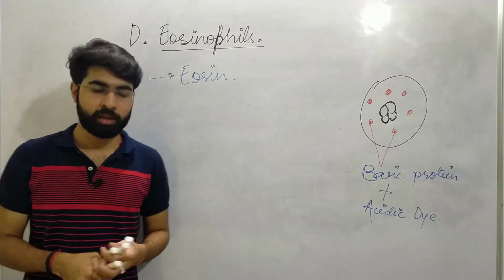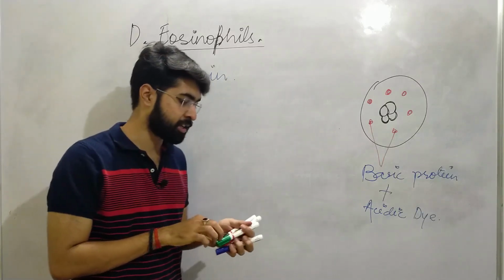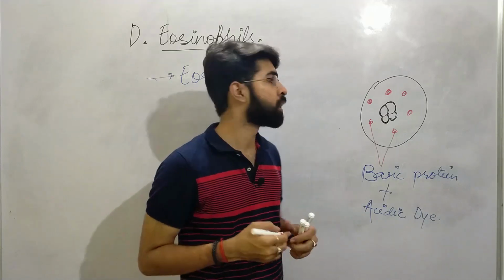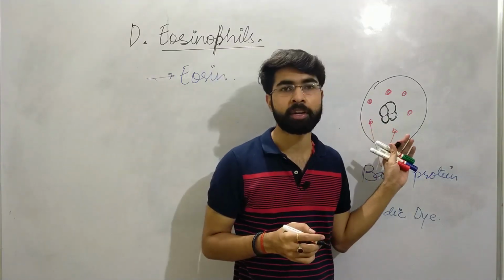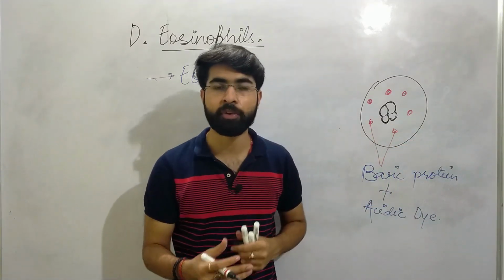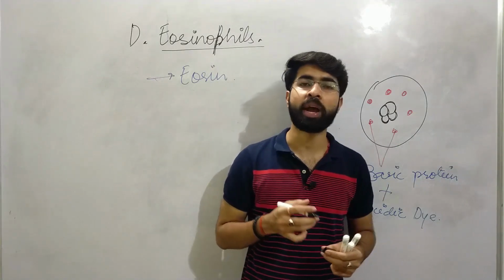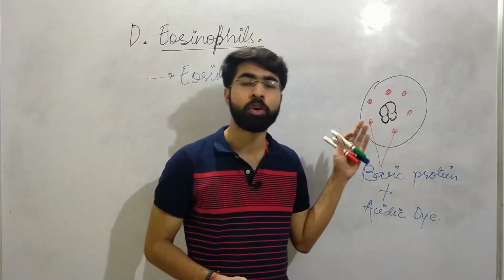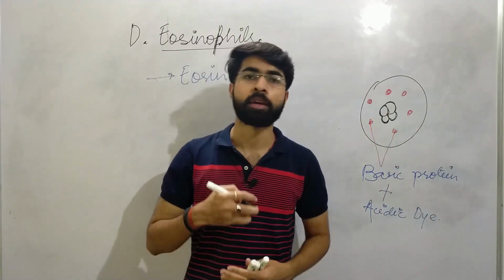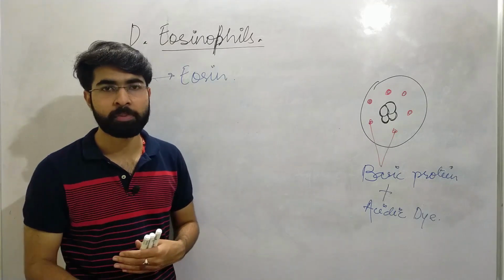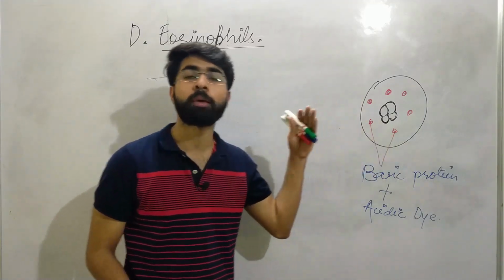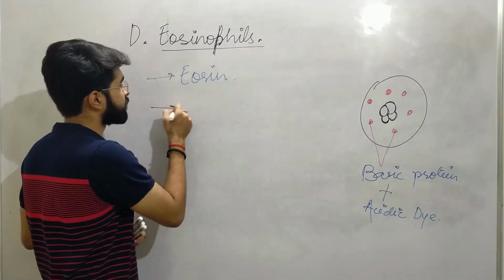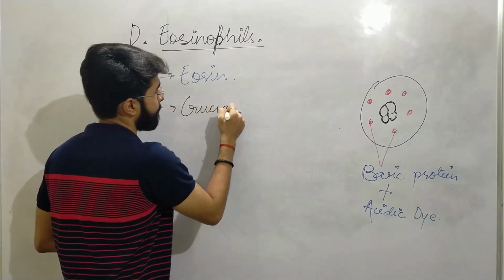Okay, let us talk about the structure of the nucleus. It has a kidney-shaped nucleus, and it can vary from 2 to 4 lobes. The lobes can vary because the nucleus has the capability to degenerate in the bloodstream, and it can change from 4 lobes to 2 lobes. Okay, so it is also crucial in killing parasites.